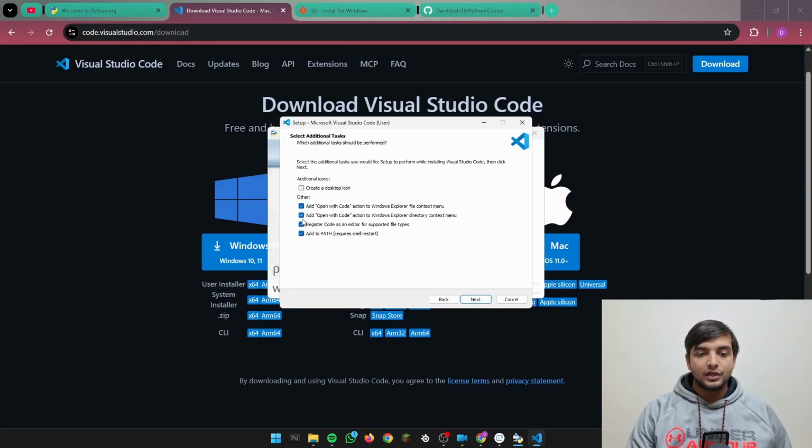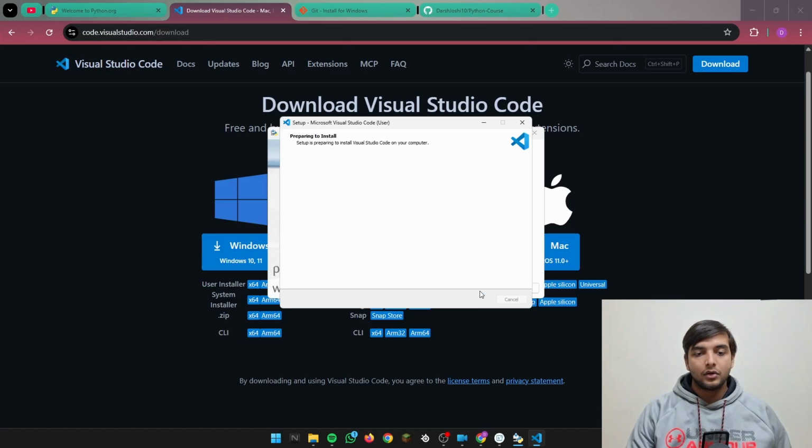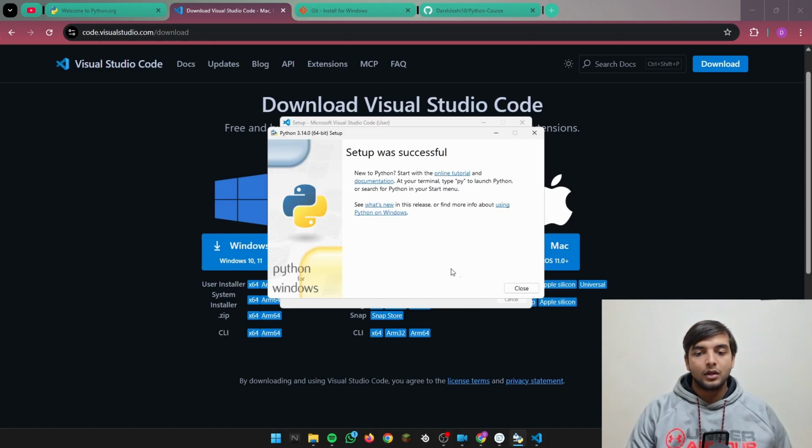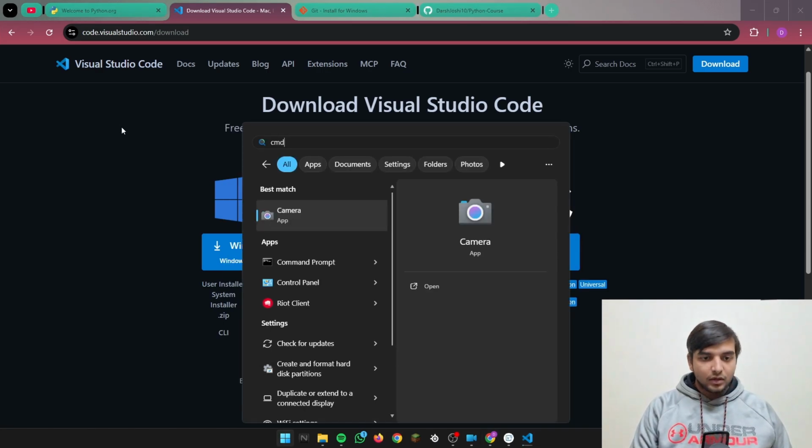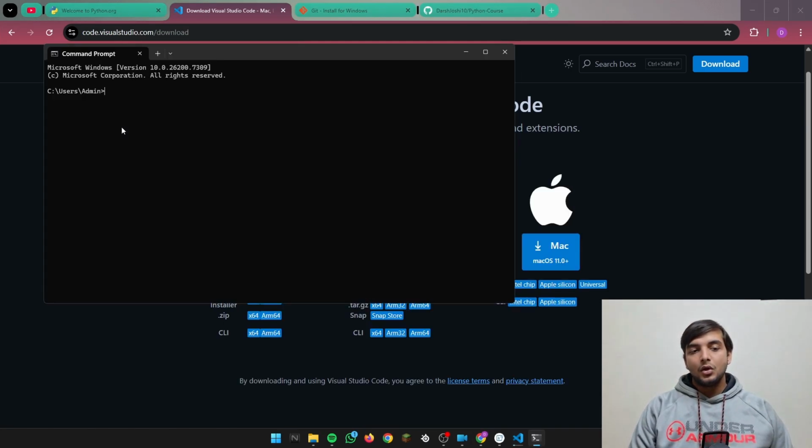Make sure to check all these 4 checkboxes and click next and install. Pretty simple. Okay, so Python has been installed. Let's just check if Python runs properly. You have to open the command prompt and just type python